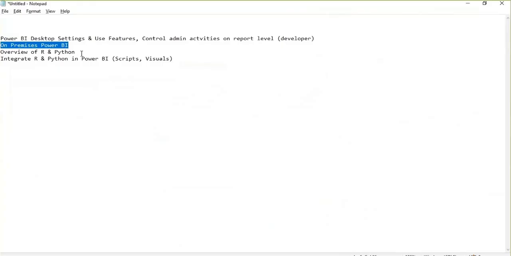All right. Overview of R and Python. Let's start from the very basics. First, let's go back one more step. Okay, so anybody heard about data science, machine learning, AI?